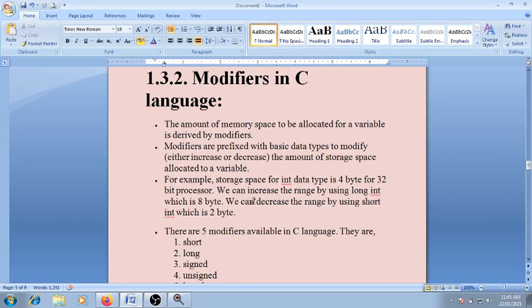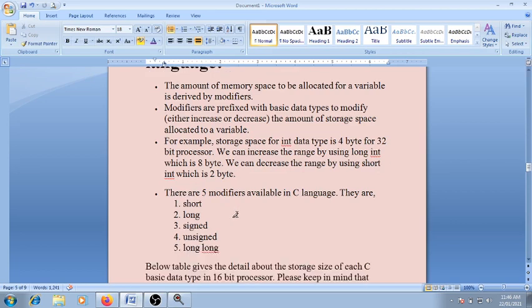For example, the storage space for the int data type is 4 bytes for a 32-bit processor. We can increase the range by using long int, which is 8 bytes, that means double integer. And we can decrease the range by using short int, which is 2 bytes. So there are 5 modifiers available in the C language. They are short, long, signed, unsigned and long.